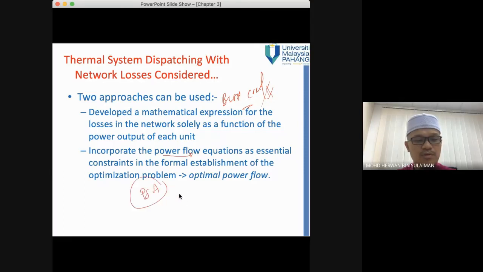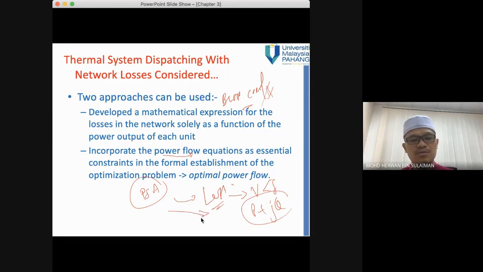Okay, and then you can get your loss. But not only loss, you can get much information like voltage, angle, as well as P and Q in the system. So this is a very accurate result, but the problem is we may know the